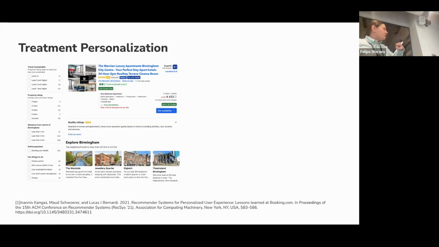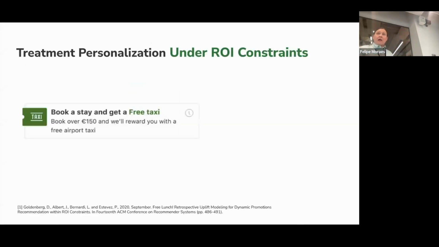So this one, okay, I will show you. This one is a more informative one, just explaining what some features mean. Another type provides you some recommendations, for example, what to do in Birmingham. And there is a third type of banners, which actually have triggered costs, which Hugo already mentioned.